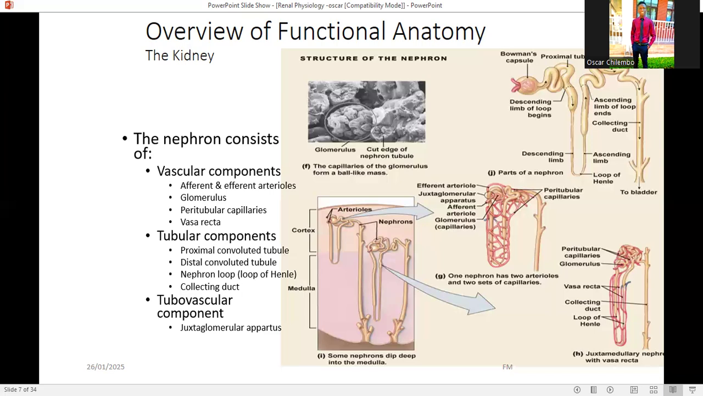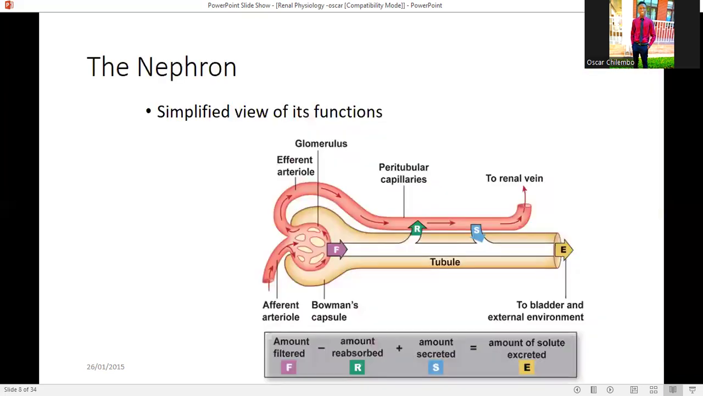Okay, then the tubular components: we have the proximal convoluted tubule, the distal convoluted tubule, the nephron loop, which is also known as the loop of Henle, then the collecting duct. Under the tubular component, I'm going to explain everything in the lecture when we discuss the formation of urine. Or maybe we're going to look at the juxtaglomerular apparatus, which is a very important question here. It's a potential exam question. Then the tubovascular component is just the juxtaglomerular apparatus that we are going to discuss. I think after this, we are going to look at the juxtaglomerular component because it's a very important component under this topic. Okay, so whatever I was explaining,